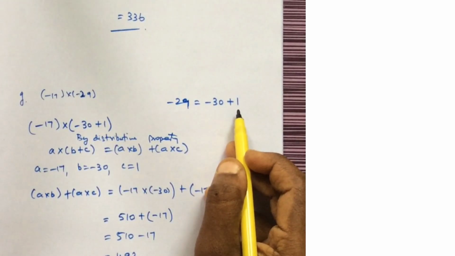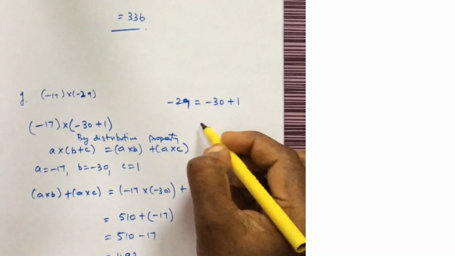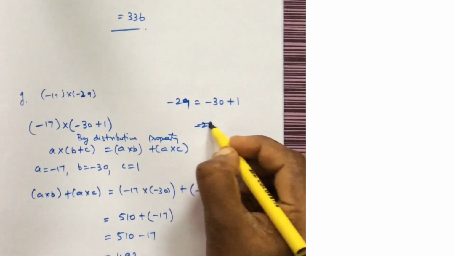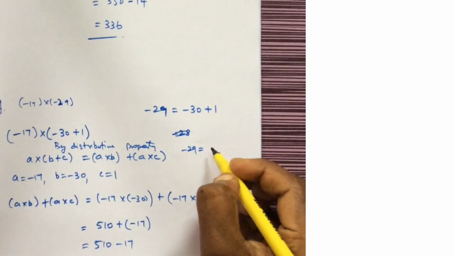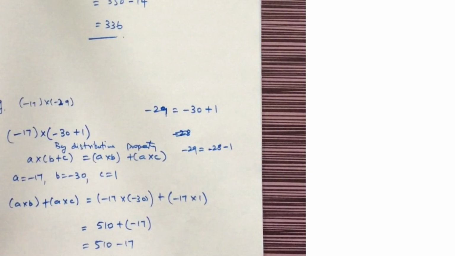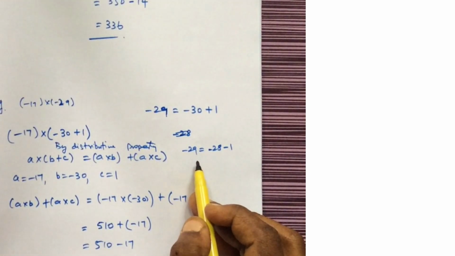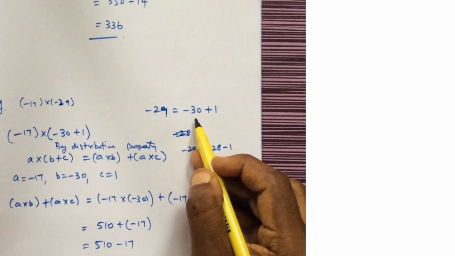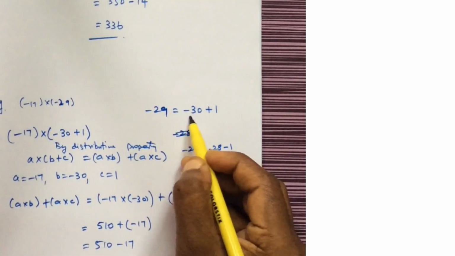Okay. So one thing you should note here is this minus 29 you should change as minus 30 plus 1. Okay, so that here you can see, yes, minus 30 you are doing one multiplication, with 1 there is another multiplication. Suppose instead of minus 30 plus 1, you have selected some other number like minus 28 minus 1. Okay, so minus 28 minus 1 is minus 29, but you see here multiplication with 30 is simple compared to multiplication with 28. So always select a number with tens.